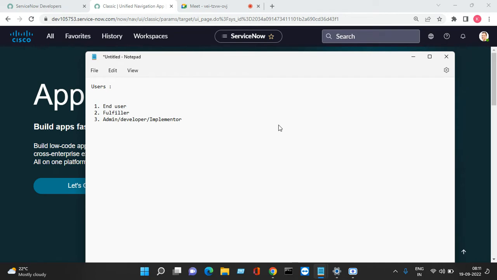So now, who is the end user? The end user is nothing but who is utilizing our application and doing something in it. For example, if you take Flipkart, we are the end users. What we will do is log into the Flipkart application, and in that application, what we will do is,